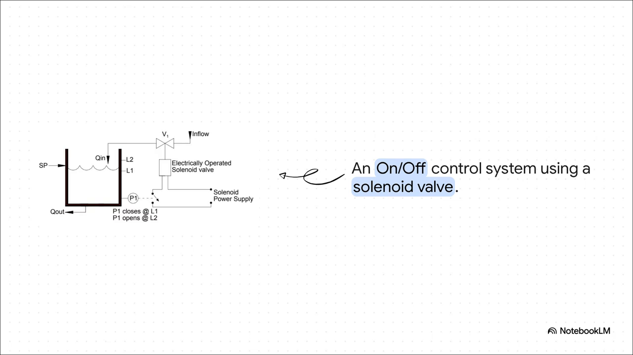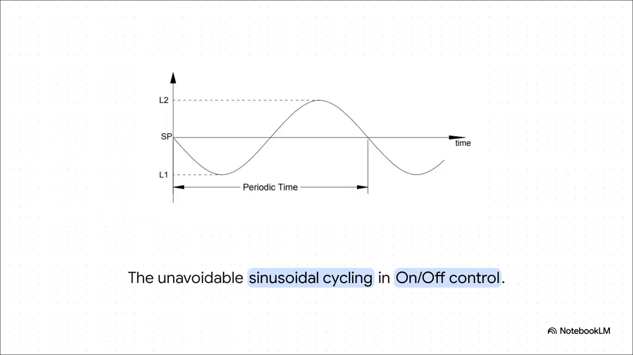No in-between. But this brilliantly illustrates the big flaw with a binary system like that. You can never, ever maintain the exact set point, because that valve is only ever fully open or completely closed. You just get this sluggish, constant sinusoidal wave. It's just endlessly overshooting and undershooting the target. Actually, engineers intentionally build in a deadband. That's the gap between L1 and L2,